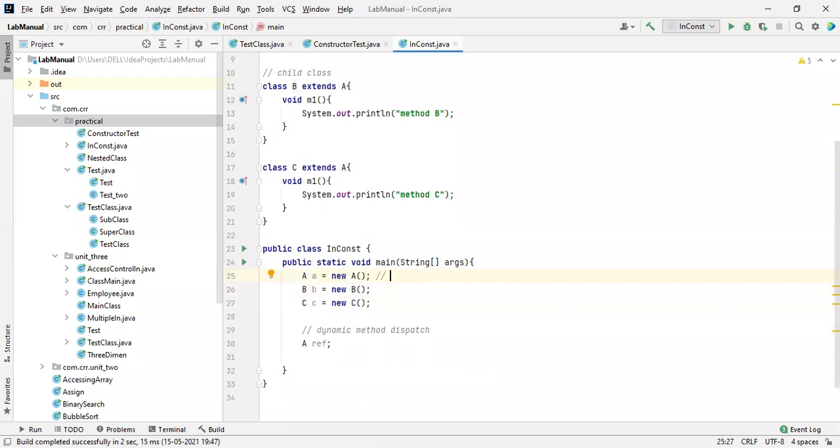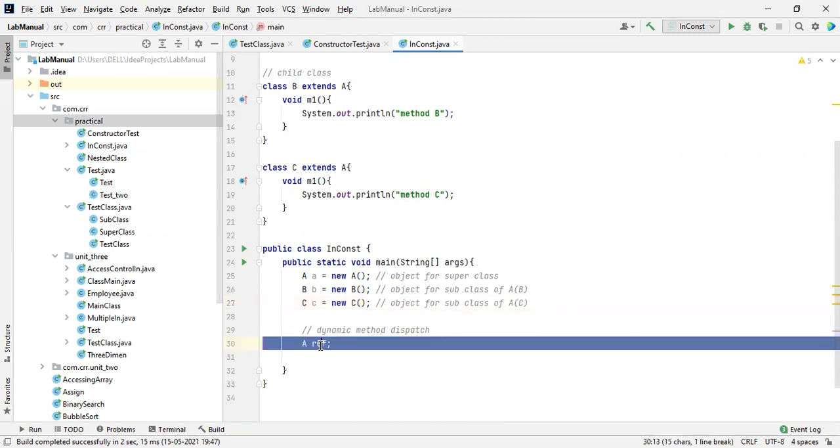Let me comment this: object for superclass, object for subclass of A, subclass of A means B, and here again object for subclass of A, which is C. Here I created it; this is a variable name.